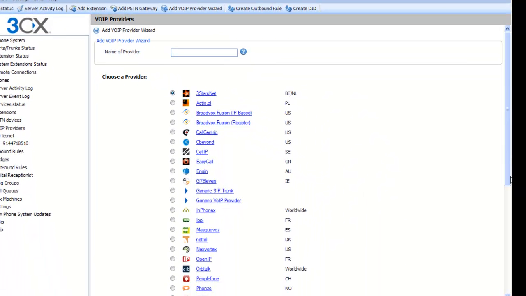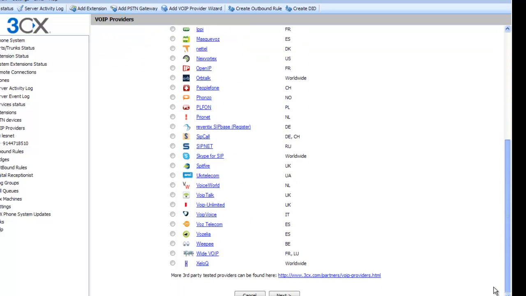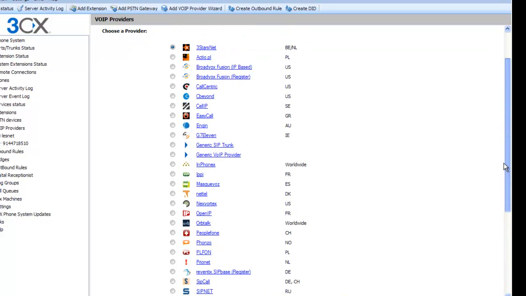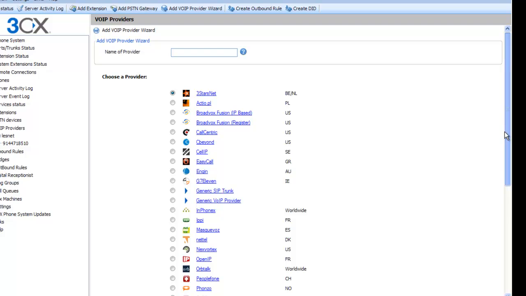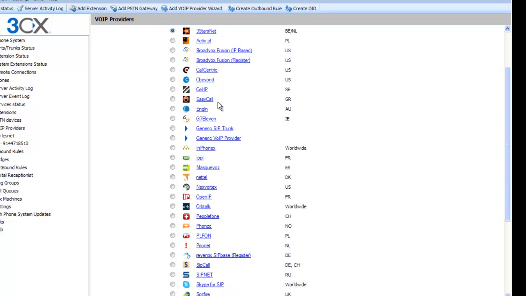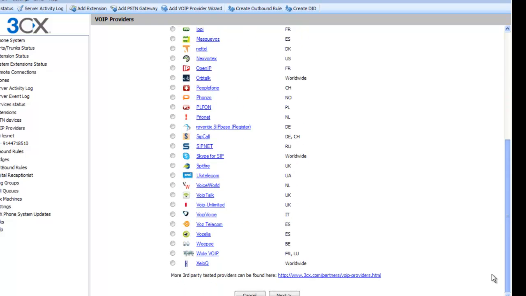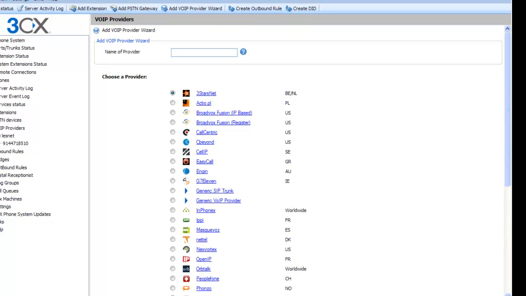You'll get a list of 3CX approved and certified providers. There's quite a list here. CBON, OpenIP, SIPNet, Skype for SIP. I mean, there's just a whole range. The people that I happen to use are not on here, so I would just go ahead and create that, type their name in here,